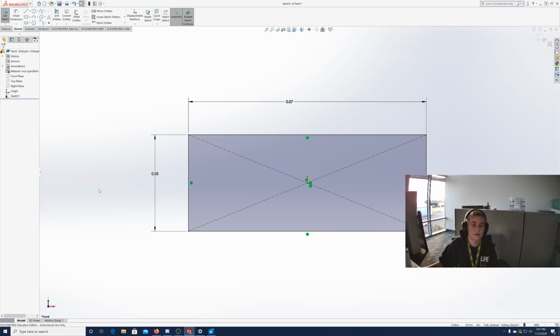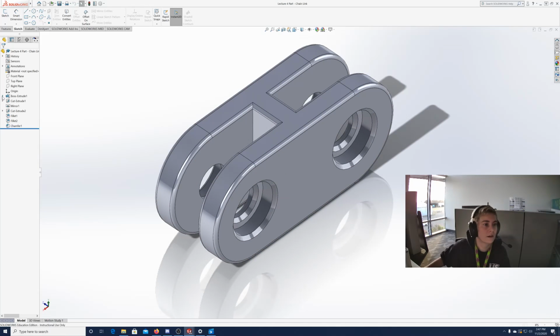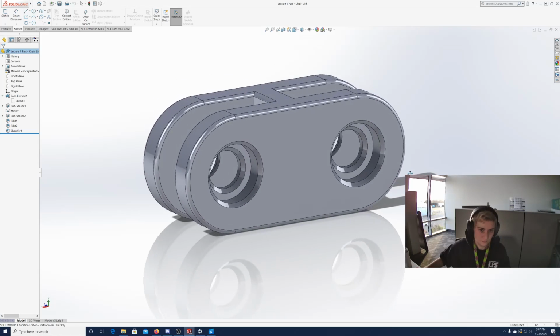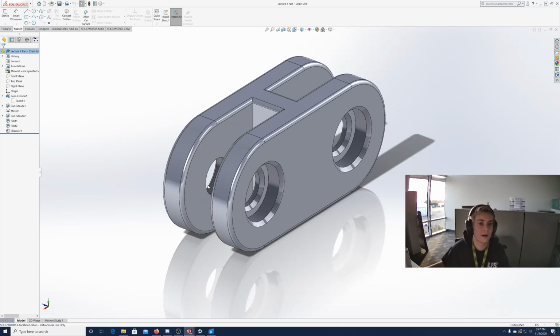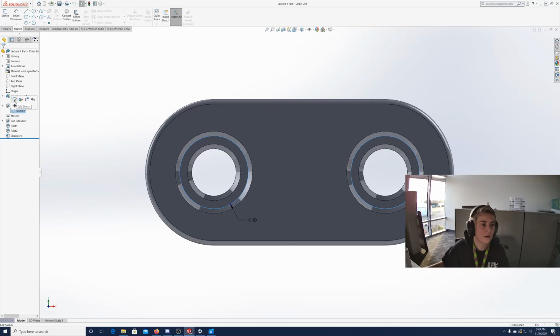Yeah, absolutely. So, let's see if I can pull up a drawing of mine that's a little more complicated that I can use as an example. Let's go ahead and do this from a previous lecture that we did, because this has a couple of sketches in it, I think. So say I'm at this point, I have this whole part, and then I decide, oh, I want these holes to all be a little bit bigger. So then I'd have to go into the sketch where I made those holes. I'm going to first go normal to, and then I'm just going to go in and edit the sketch, and